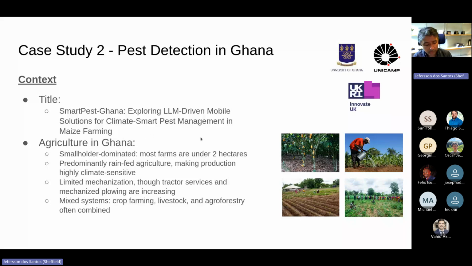And my work on this was trying to complement the information provided by the mobile phones with some satellite data. This is very important, especially to increase the large scale analysis. So you have, at local scale, every farm, people collecting data with their smartphones. And the idea is to combine this with large scale information provided by